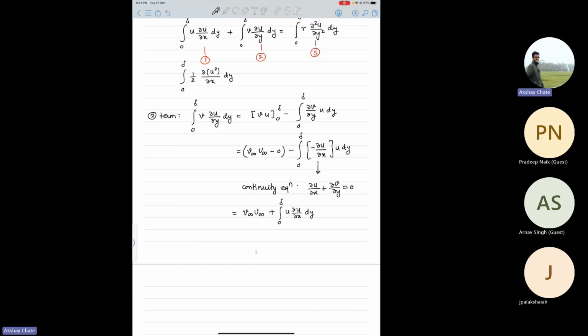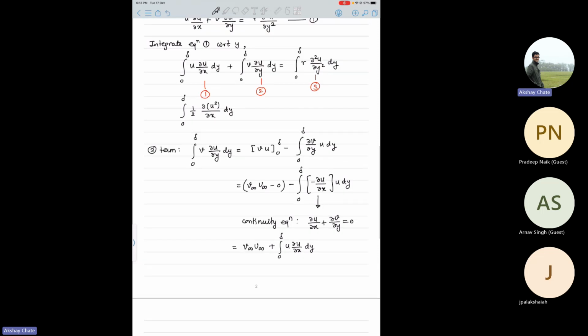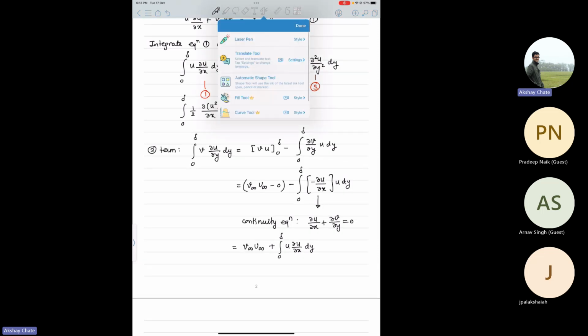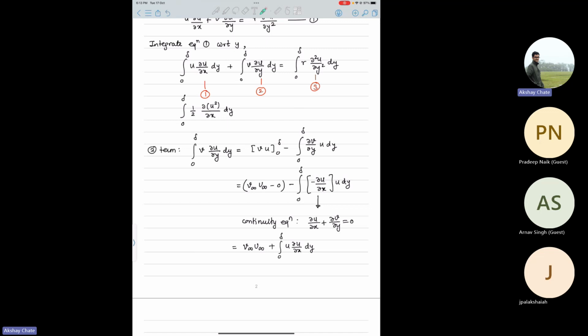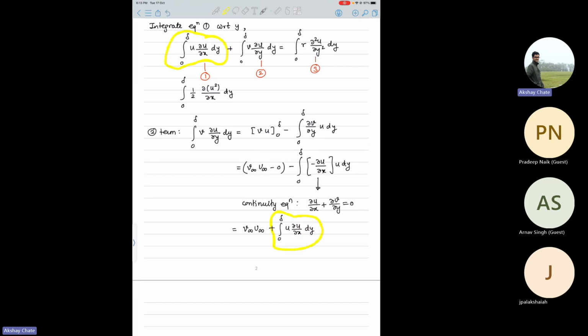Correct, no? And if you see this term, I'll use a highlighter. This first term and this term, they are the same, right? And they are on the same side. So when we add them, this will become 2 times, and therefore this half del u square by del y square, it will be multiplied by 2. So that half will be gone with that. So if you do that,